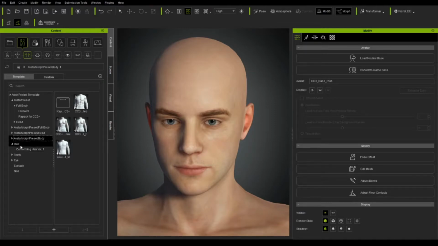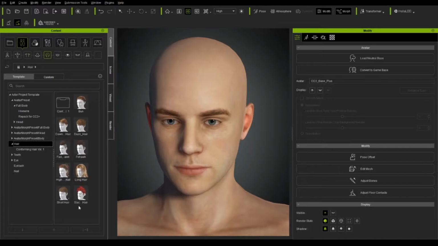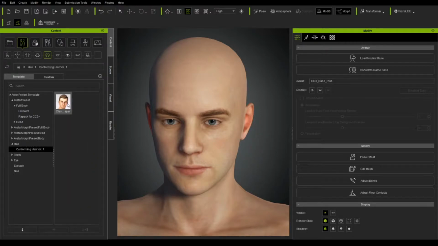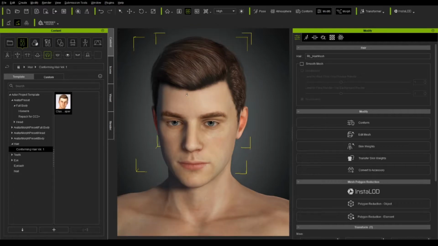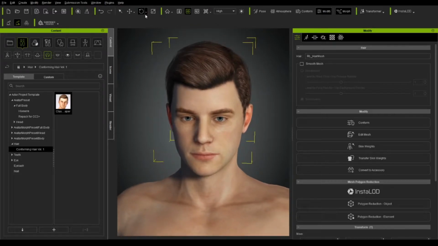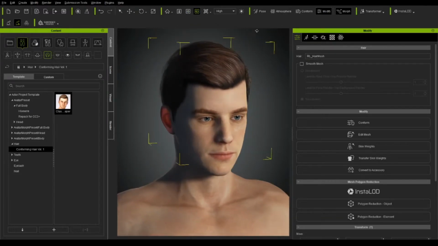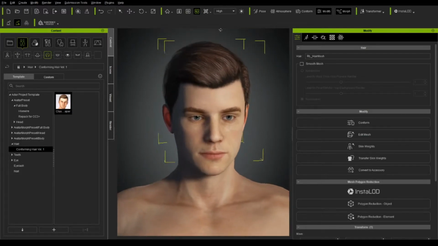We're going to add some hair for him. I'm thinking we're just going to add, we'll go for this one. I think this is one I bought. So there are other models you can buy. They range from different prices. This was just a cheap one. There we go, and that just instantly changes the look of him completely,